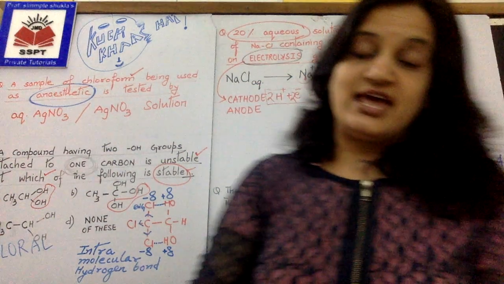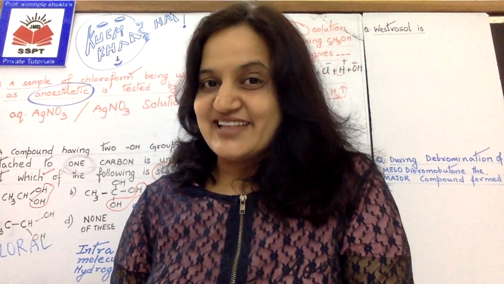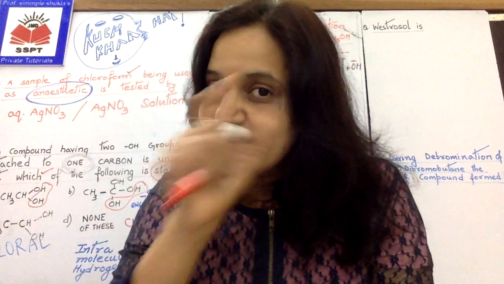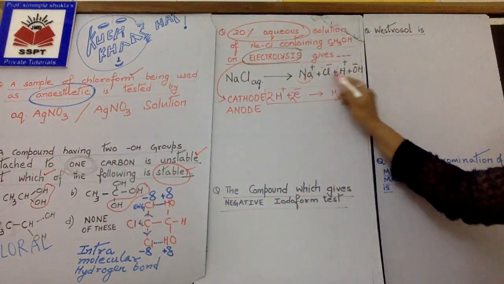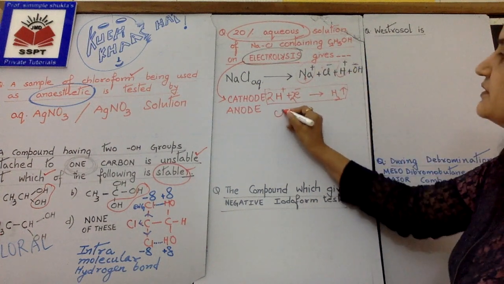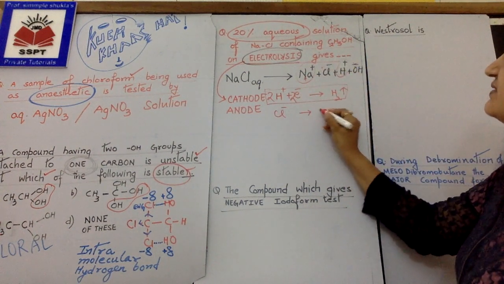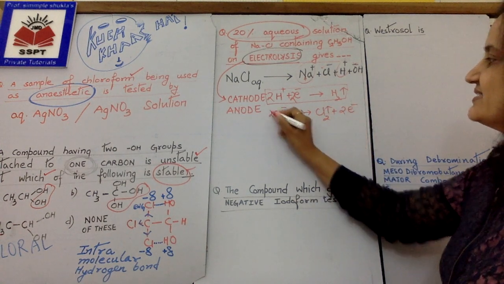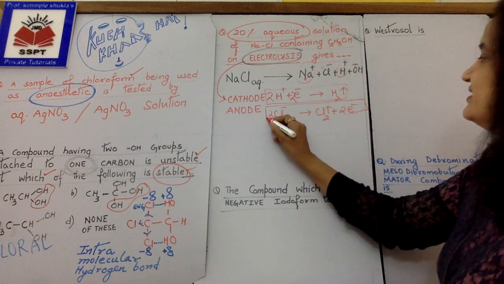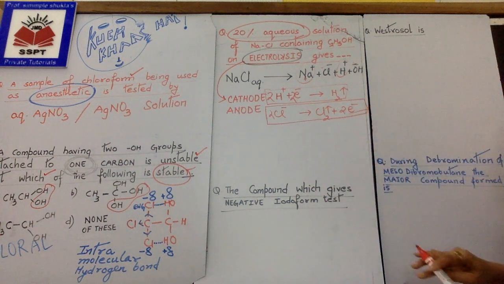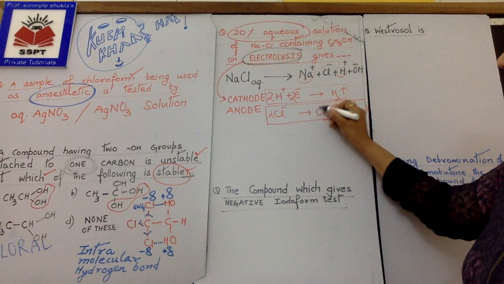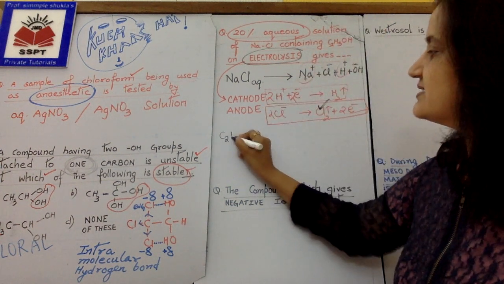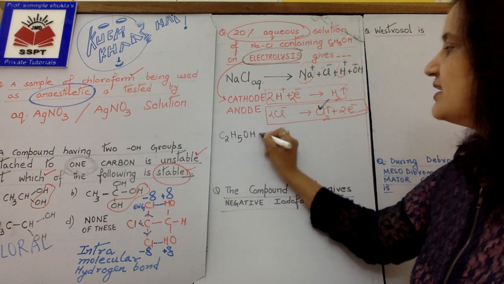Similarly, at the anode, the anions will move and will get oxidized, and the rule is the simple anion will get oxidized. Among the two, the simple anion is chlorine, so chlorine will get oxidized to give Cl2 like this. So children, it is very clear that chlorine gas is liberated at the anode, and you know chlorine can oxidize ethanol